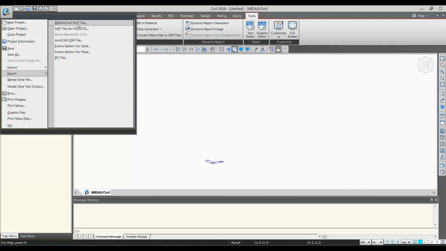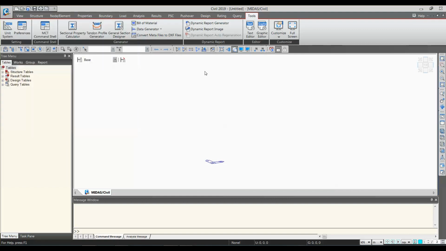Okay, that is nothing but the text format. Okay, but I will advise, if there is no repetition of loading, or no repetitive command, GUI is very simple. So we actually prefer going through the GUI of the software and not the command shell, but when there are some repetitive commands like tendon insertion or something like that, we can go with the MCT command shell. Otherwise GUI is very simple and it is easier than the text format.